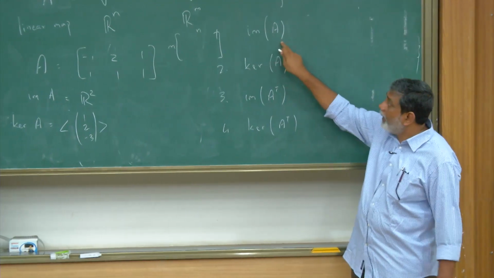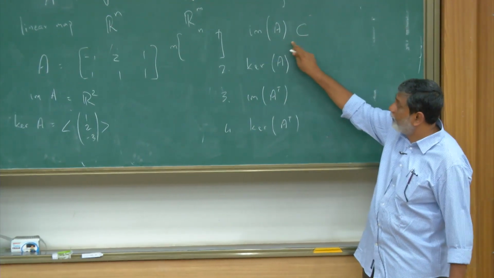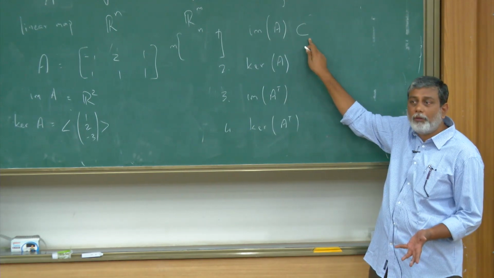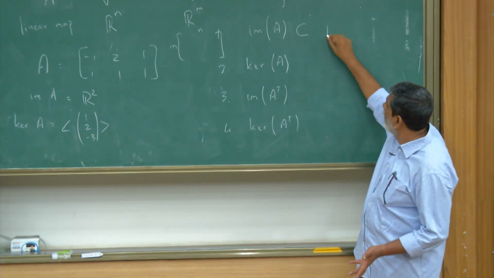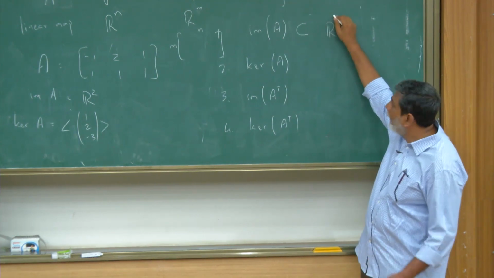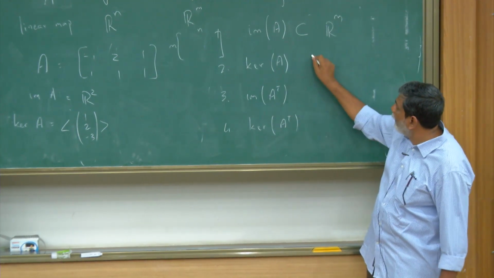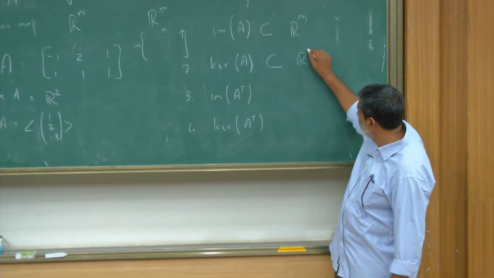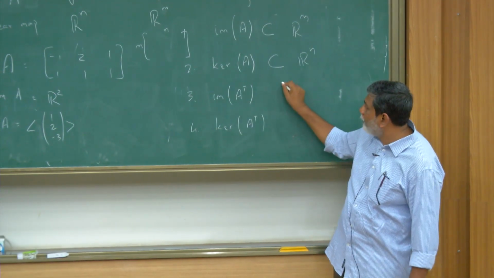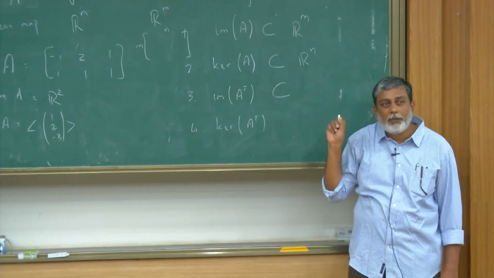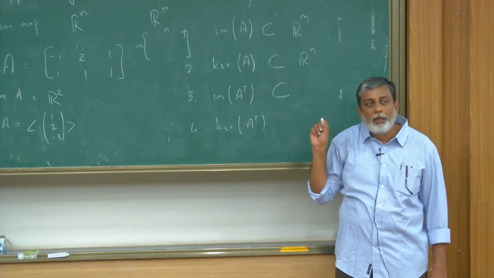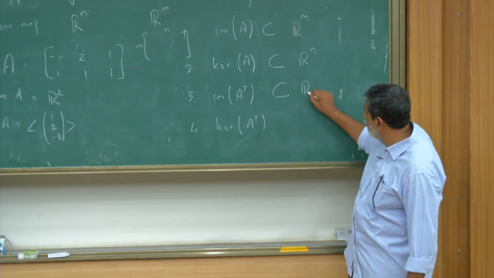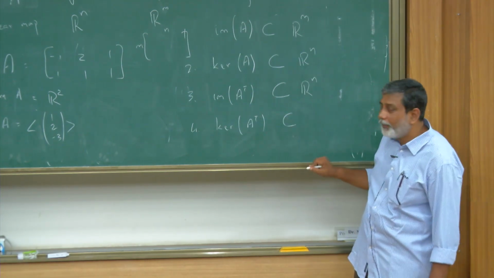So the image of A is going to be a subspace of Rm, and the kernel of A is going to be a subspace of Rn. The image of A transpose is going to be a subspace of Rn, and the kernel of A transpose